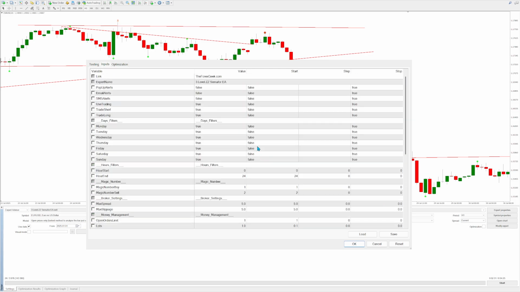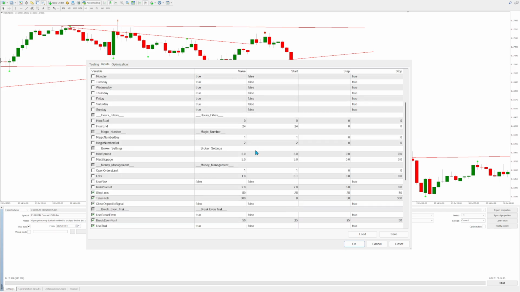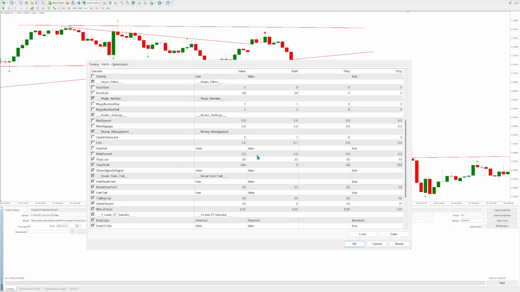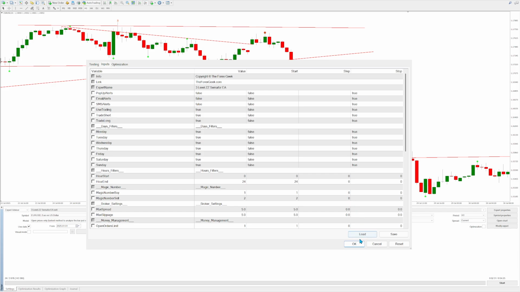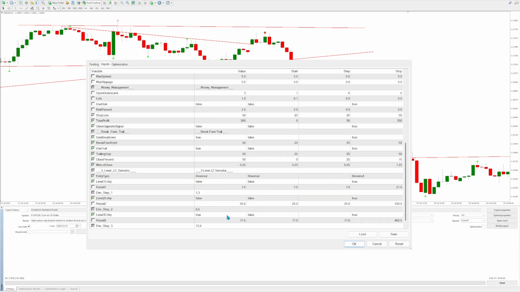Just be careful of over optimization, which is basically when you throw so many settings together just to find what would work over a particular data set. There are many developers who do this just to put out something that looks good when in theory it is just over optimized and curve fitted to particular historical data. Okay, that being said, by running optimizations, you will find good combinations, and then you can just verify the settings and the actual strategy,